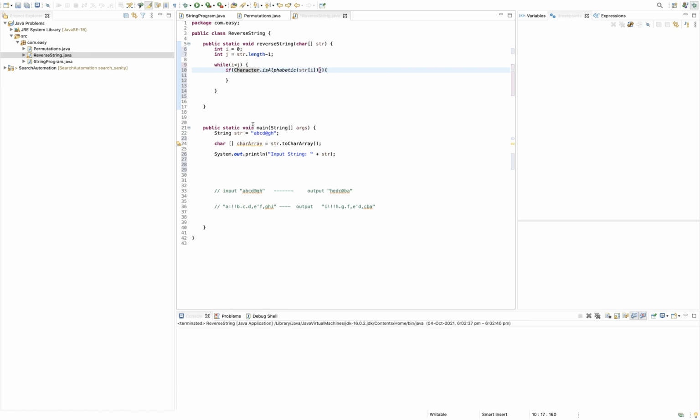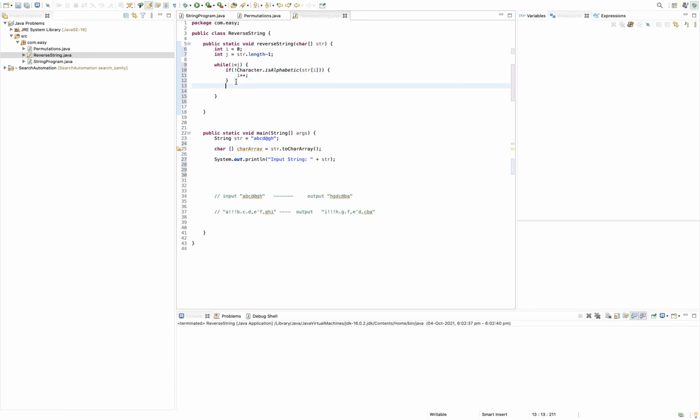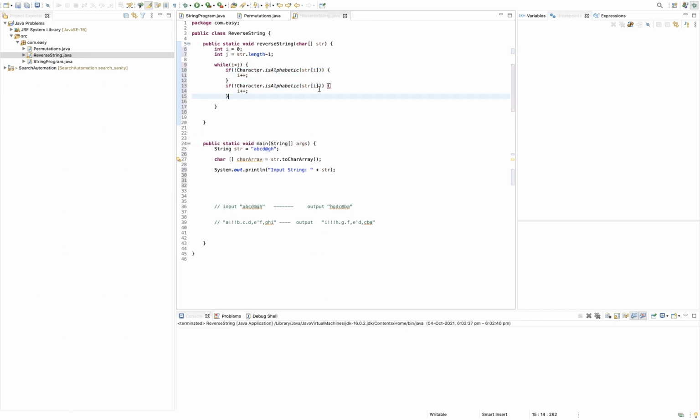So for that we need to put a not condition. So if it finds a special character, we need to increment i. Same goes for j. We will be using the same condition here, and we are going to change it to j. Then we need to put j minus minus. And here we are going to use else if.